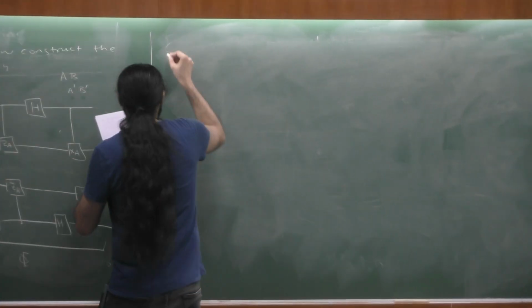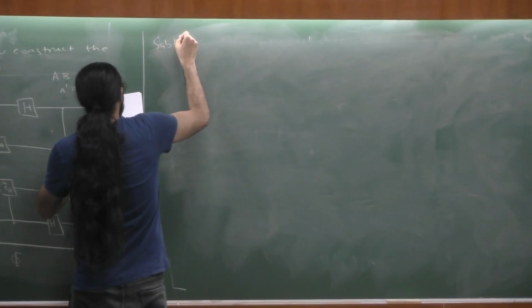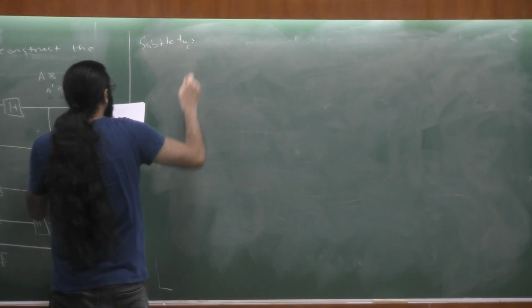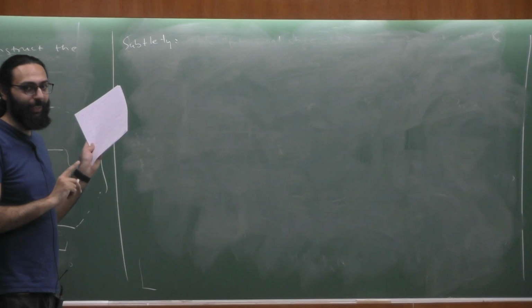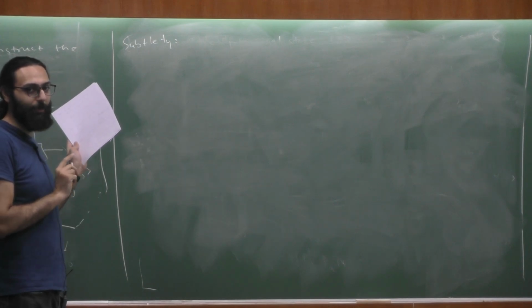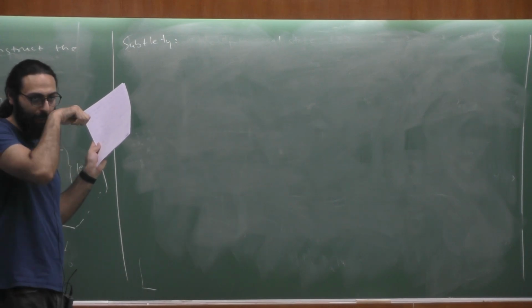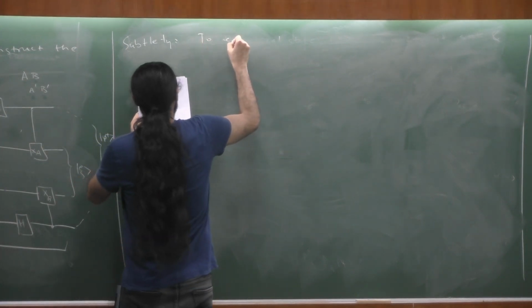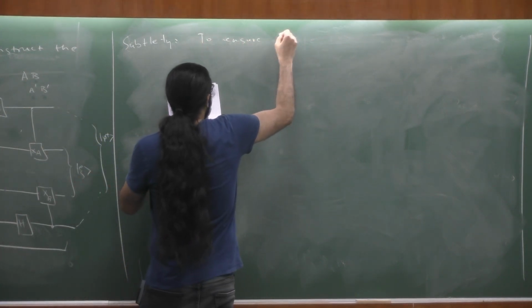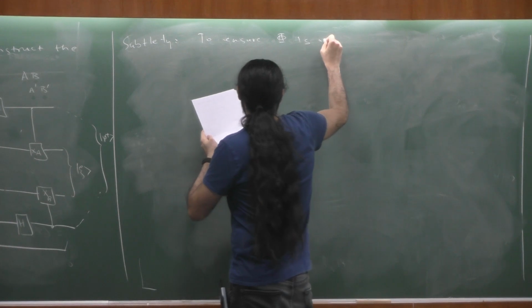All right, so there's a little bit of a subtlety, so let me explain that before we move on. I also forgot to complete the proof, so there's a small statement that we'll take on faith for today. It's in the appendix. So the issue is the following. To ensure that phi is an isometry,